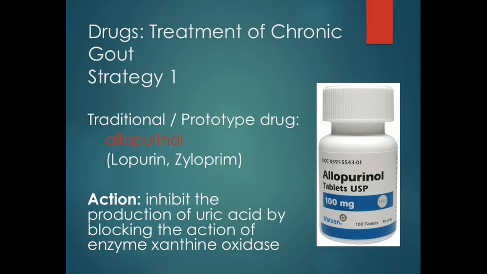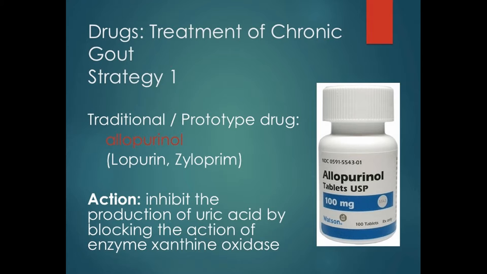There are 3 strategies used to prevent hyperuricemia. The first strategy is inhibiting the formation of uric acid. A prototype drug called allopurinol is used to control hyperuricemia and reduce the risk of acute gout attacks. The action of allopurinol is to inhibit the production of uric acid by blocking enzyme xanthine oxidase that is responsible